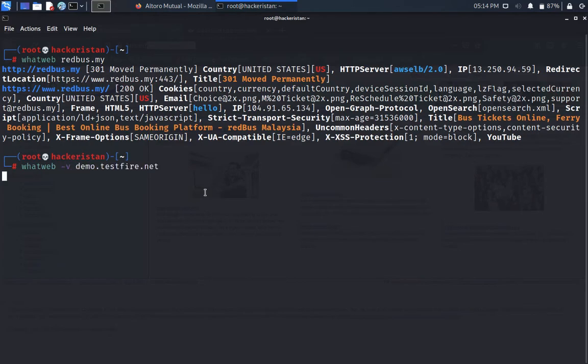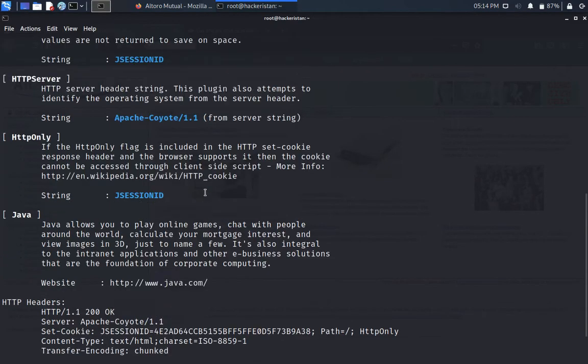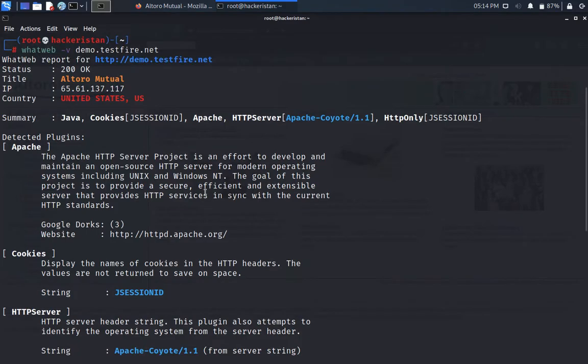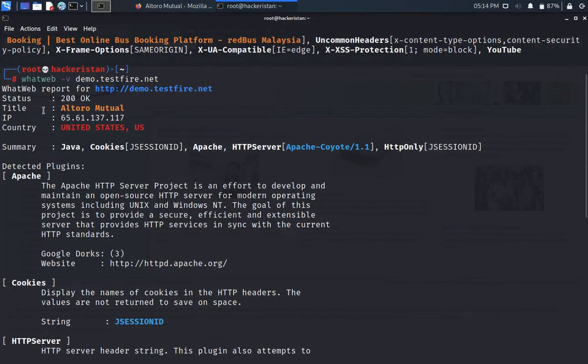All the processes that are happening at the backend will be shown to you on the front end. As you can see, as soon as I type WhatWeb dash v for verbose and the target site name, I'm able to get the detail in a very proper manner.